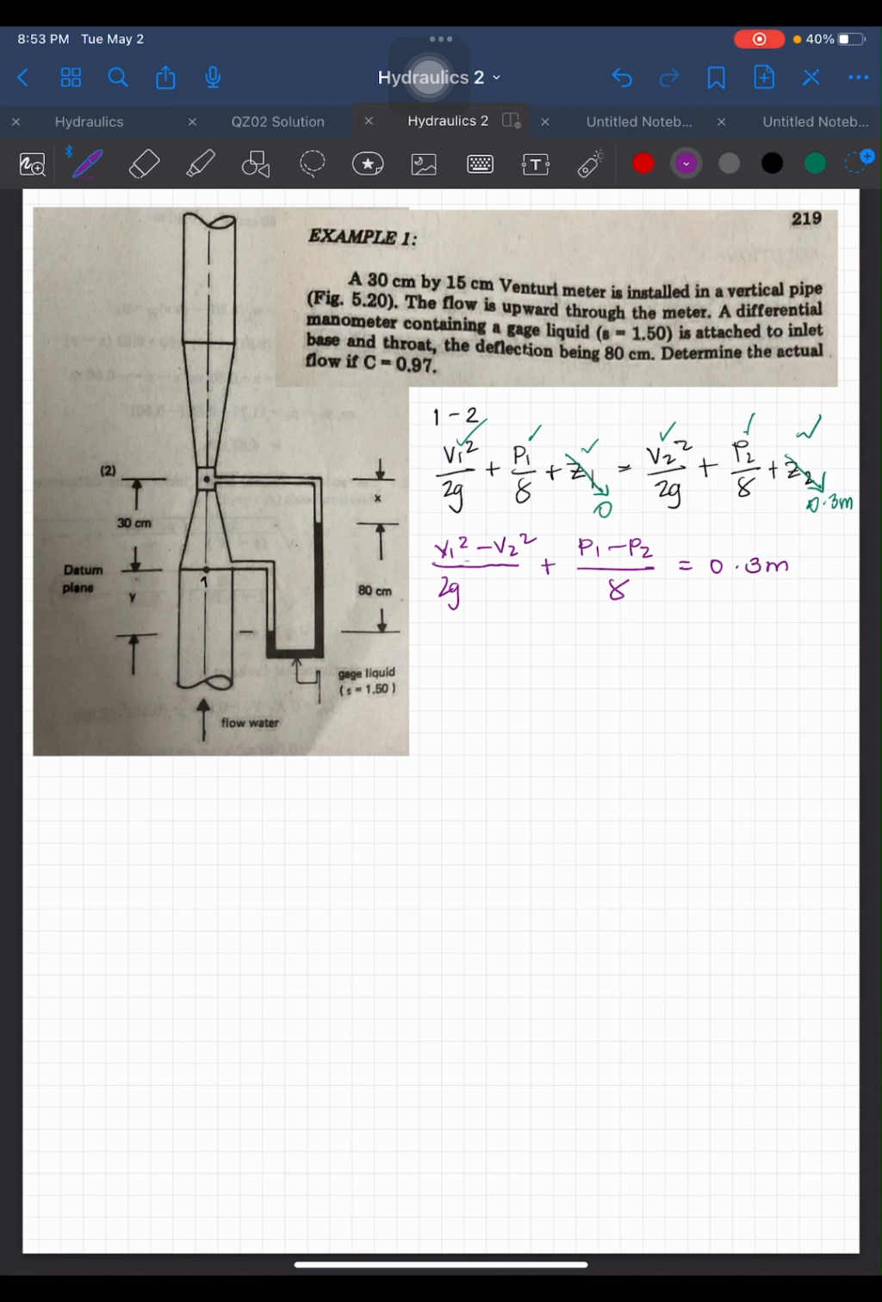So, i-analyze natin ngayon yung P1 and P2 gamit yung differential manometer. So, ang given dito is that yan, meron tayong drop na X, then 80 centimeters na gauge liquid, and then tataas ulit ng Y distance going to point 1. So, let's try analyzing that. So, let's start with point 1 na lang. So, from the pressure at point 1